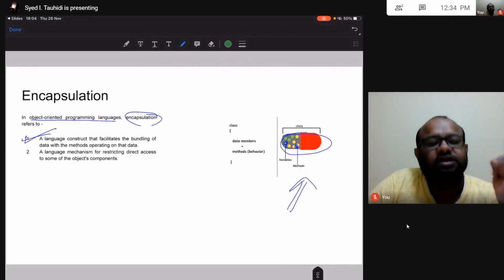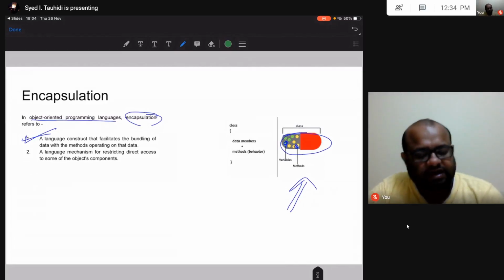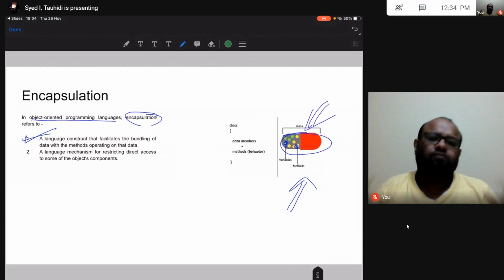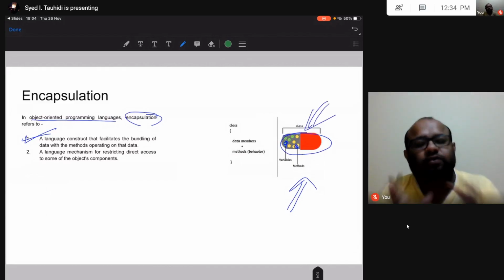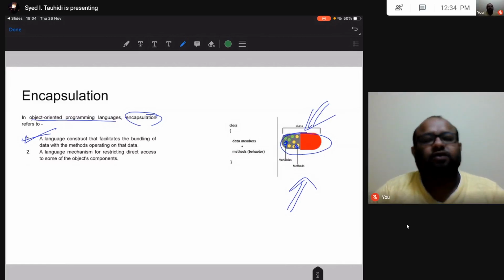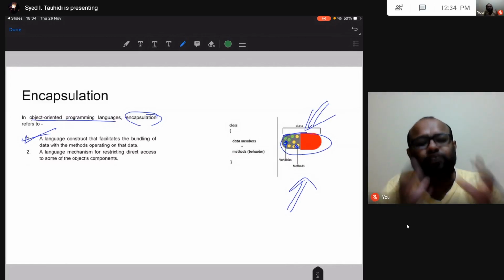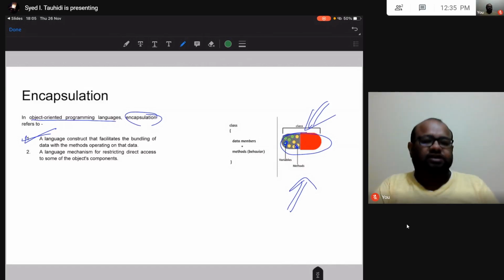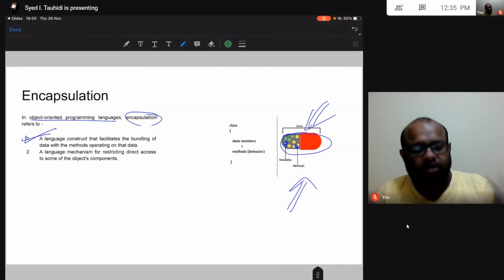So encapsulation, the first definition was what? There is a body, a capsule, inside which the data and the methods that work on this data are together encapsulated into one unit. That is the first definition. The second definition that we just talked about is this feature of data hiding.